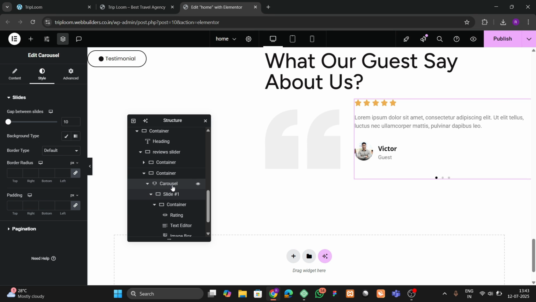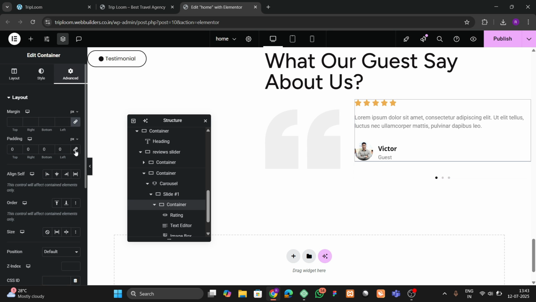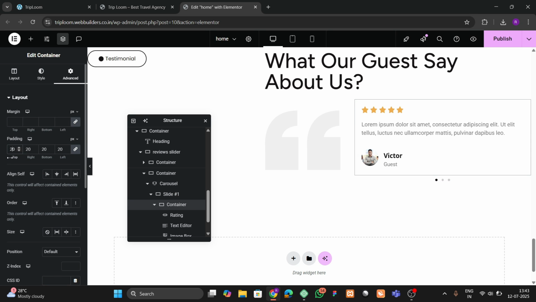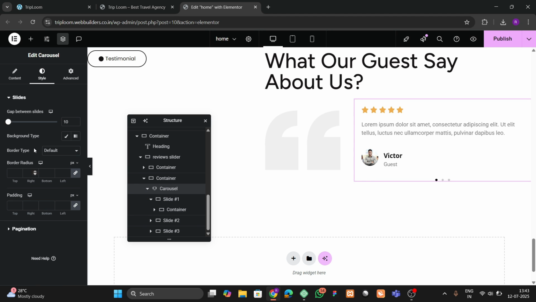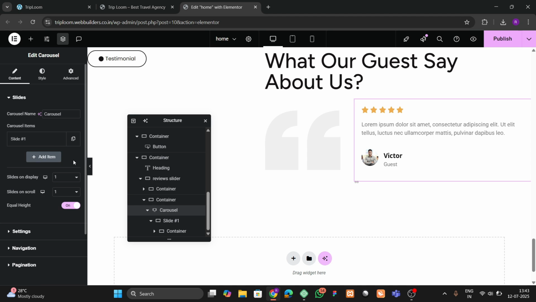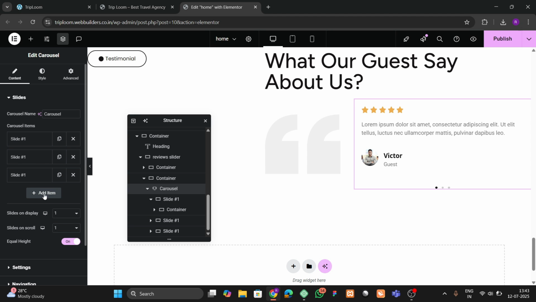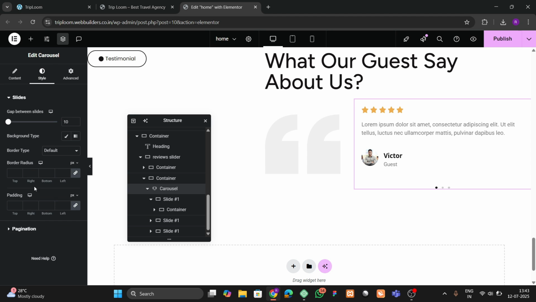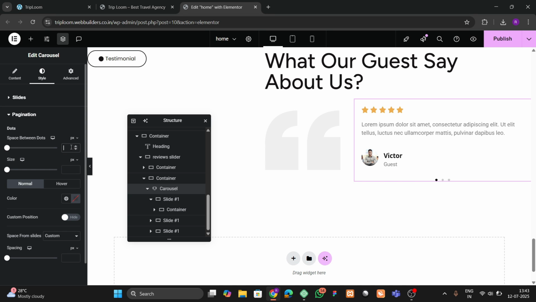Okay, so let's do one thing. We have to go to the container, and here we have to add some padding. So let's add completely padding of 20 pixel in all directions. Okay, so this works now. So now we have to go to the carousel, and from here we can remove the rest slides, and we can duplicate the slides. Okay, and you can go to the styles, and here you will find the pagination option. Here we can increase the size of this,